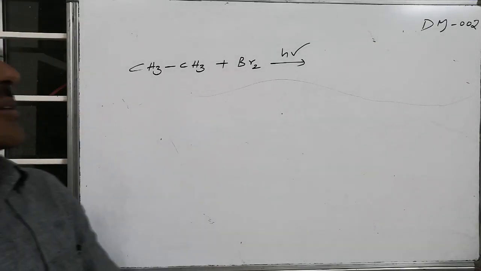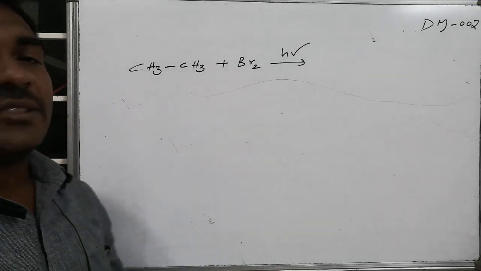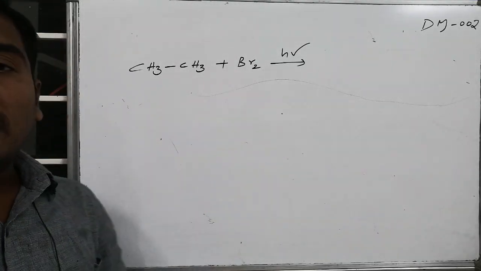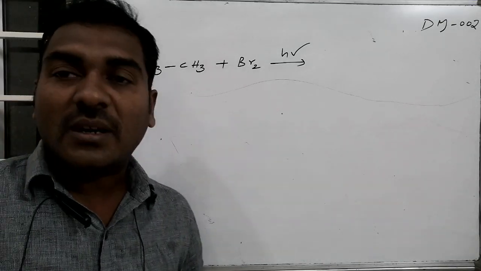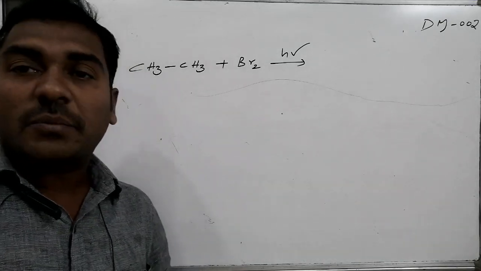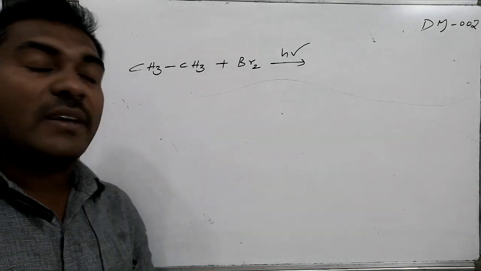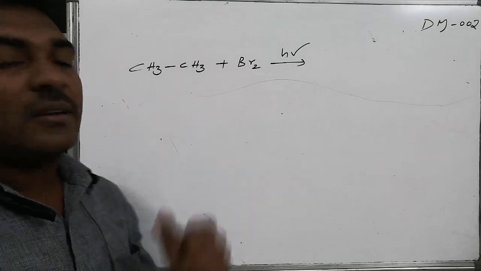The next question related to the alkanes is ethane and its reaction with bromine in presence of sunlight. You are expected to write all possible varieties of products. How many varieties of possible products can be obtained when ethane is allowed to react with bromine in presence of